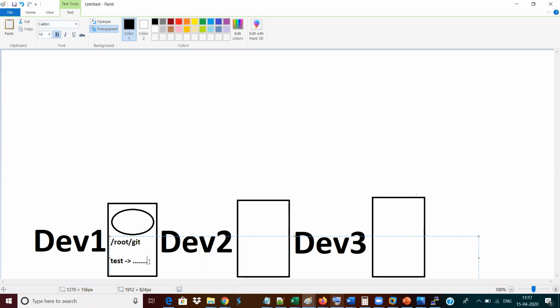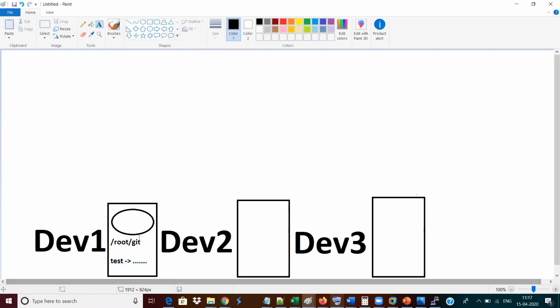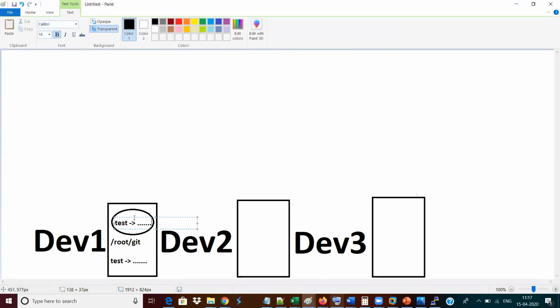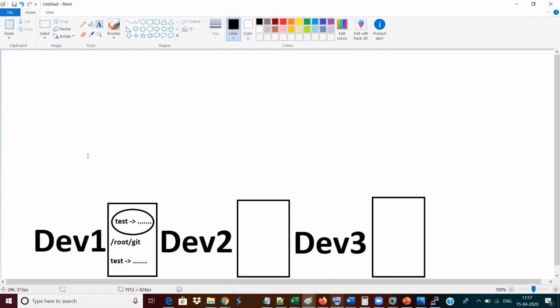This content needs to be moved to your local repository. Here it is now saved at the system level only. Once the content is stored in the system at system level, then it is a Linux operation. But it needs to be stored into your local repository, and only then will we call that a Git operation. So now I'm going to perform a Git operation, which is nothing but git add. Once I give git add, the content will get added from Linux into your Git area.